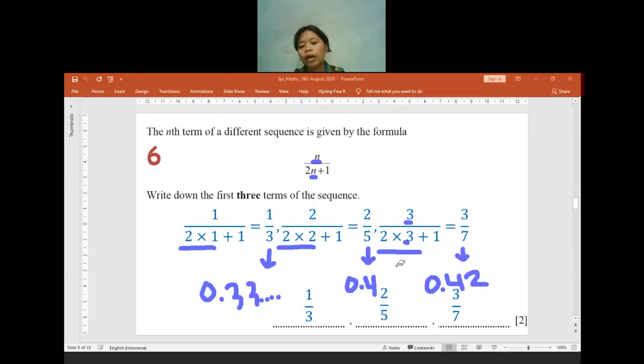So yeah, if you answer only 2 out of 3 correct, you get 1 mark. If only 1 out of 3 is correct, you have no marks, because that's usually how the Cambridge checkpoint works. If there are 3 answers, you have to answer at least 2 correct to get 1 mark. If you only get 1 correct, you will not get any marks in the Cambridge checkpoint.